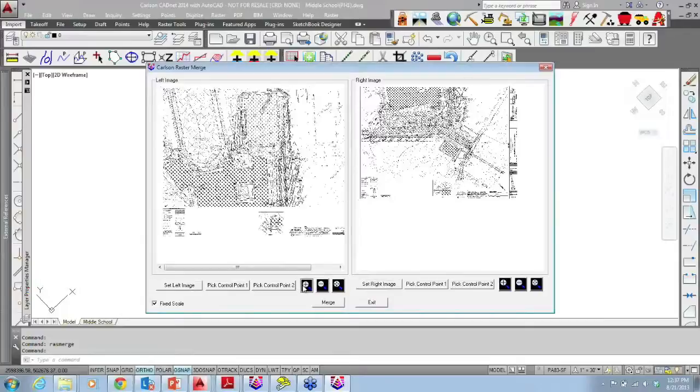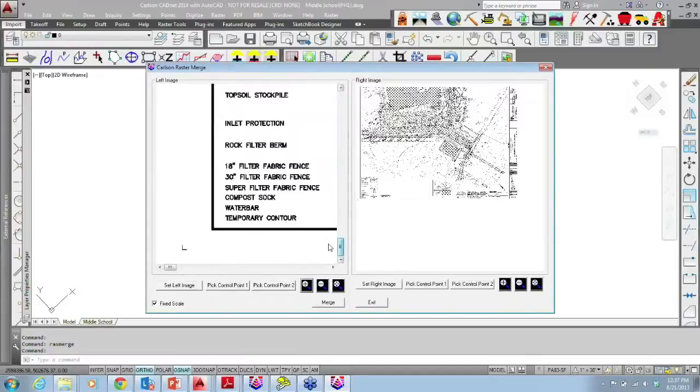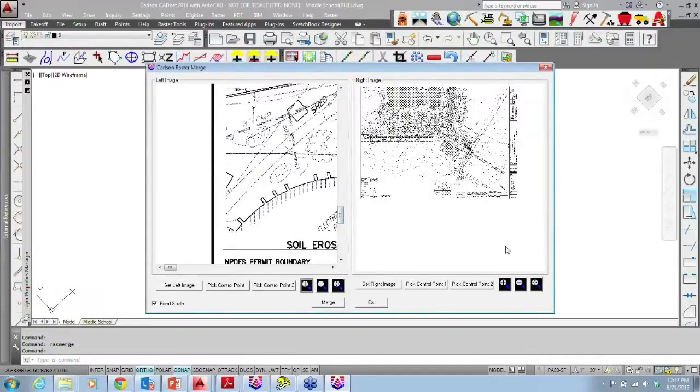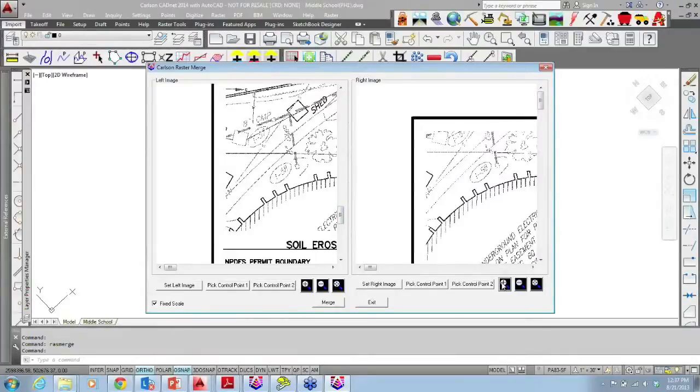And let's zoom up so we can see this. I'm going to come down here, and I'm going to zoom up here. And notice that we have this building here, that little option here, and that's at the bottom of this PDF file, this sheet, and in the lower one, it's at the top, and I want to merge these two PDF files. So we have pick control point 1. So I pick this guy,